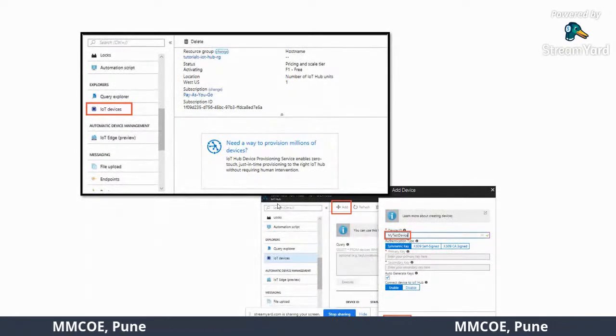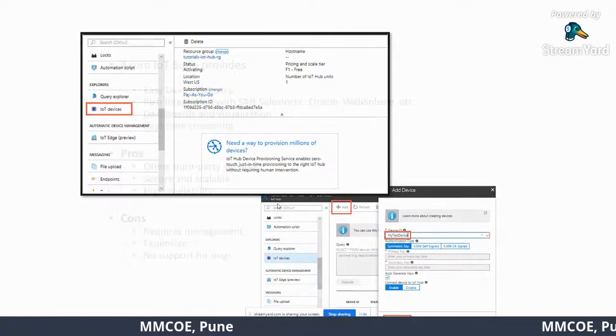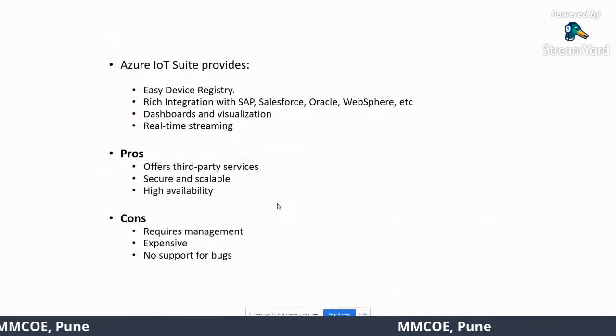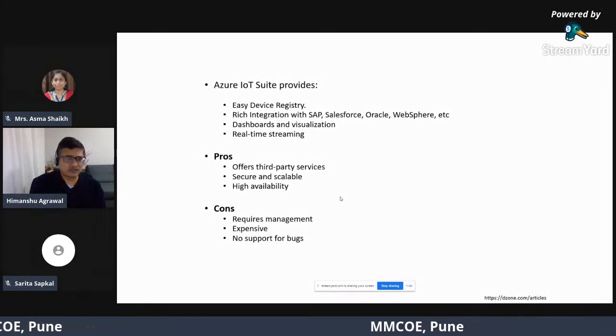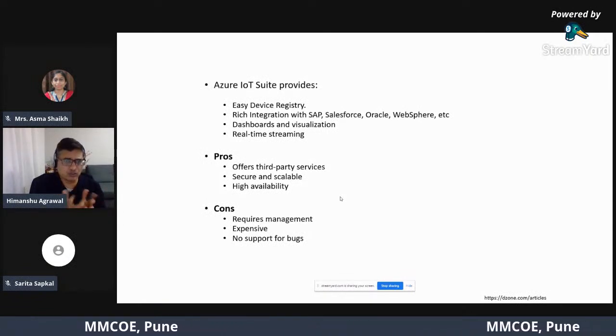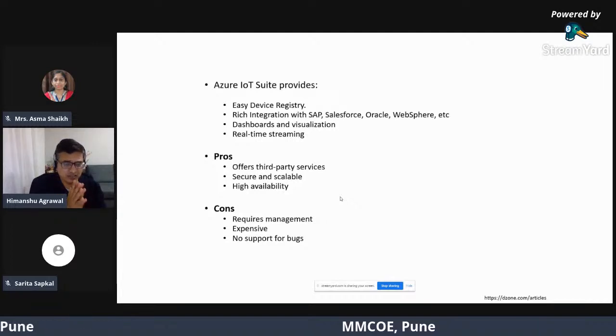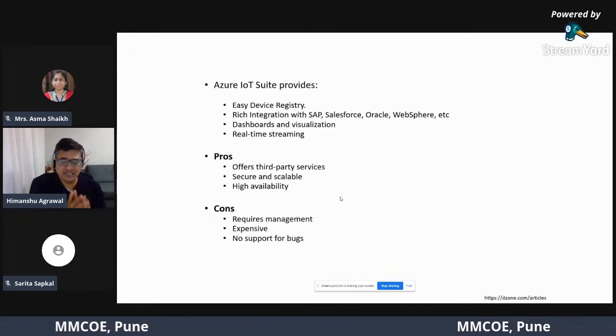It's just like my device is now providing me the data which I can insert into the Microsoft Azure SQL database. So Azure has easy device registry, and very strong support for dashboards and data visualization. Most importantly, it supports real-time streaming.